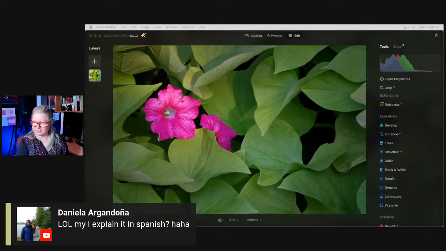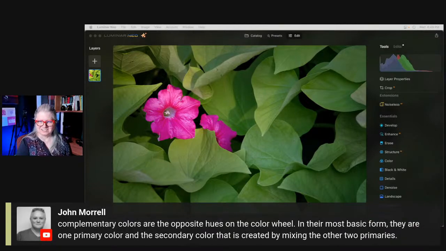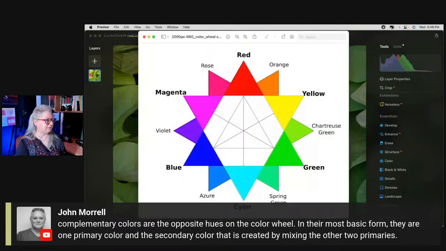Sure, you can explain it to them in Spanish or to me. John says, complementary colors are the opposite hues on the color wheel. Yes, in the most basic form, they are one primary color and the secondary color that is created by mixing the other two primaries. Good one. Yeah, absolutely. It absolutely is. So if you are looking at